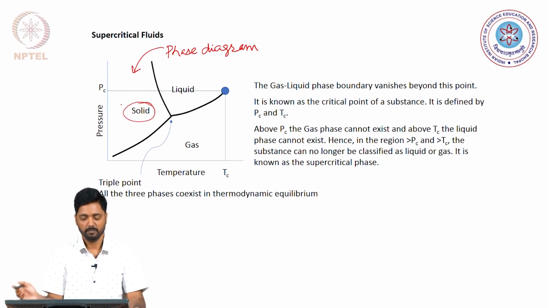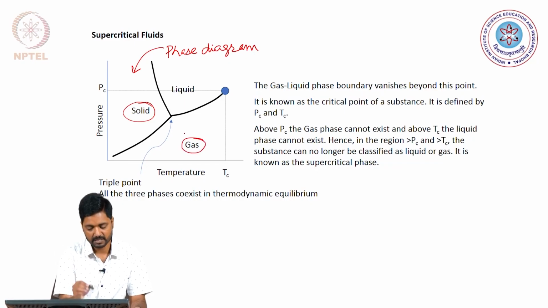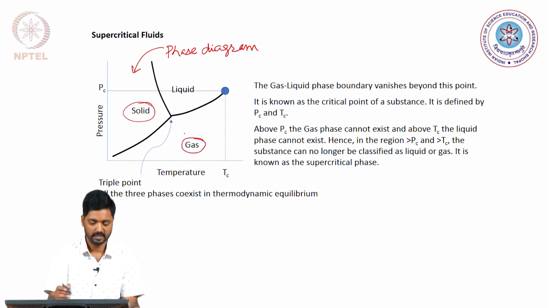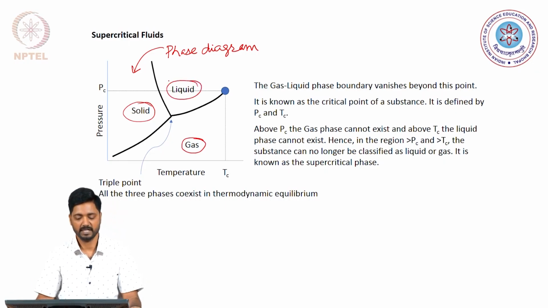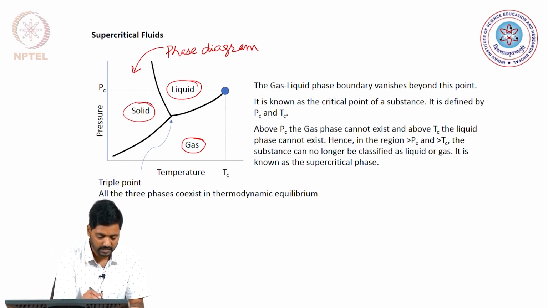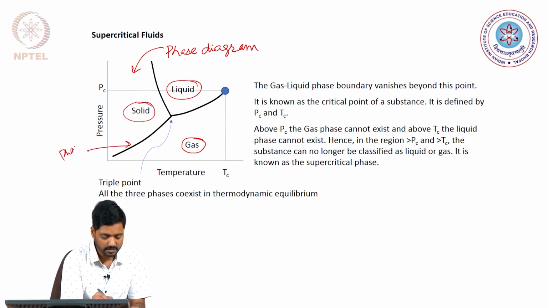It will be in its gaseous state at a different temperature and pressure regime, and intermediate region will have the substance present as liquid. So, we can create what are known as the phase boundaries, which are denoted by these black lines. So, these black lines are our phase boundaries